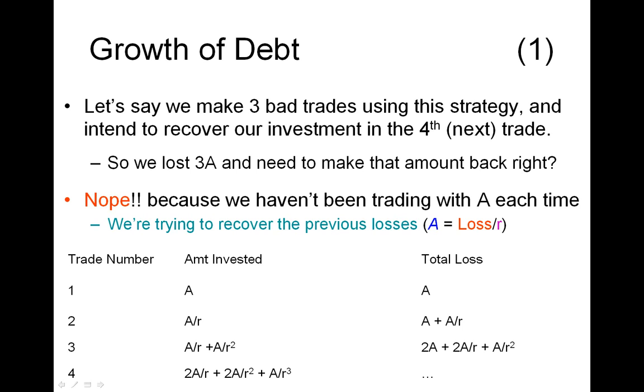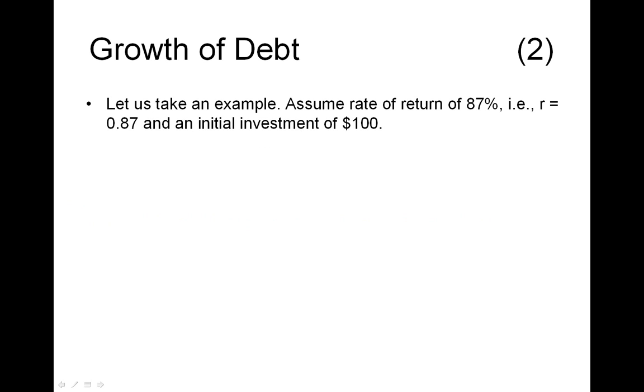We don't need to delve too deep into the algebra, and we're not going to try and establish a function for what this should be right now, because that's not relevant right now. Suffice it to say that each time we're wrong, our debt is increasing, and it's not increasing linearly, and you'll see that in just a minute. So let's move away from this algebra and look at some numbers, because I think that's the best way to understand the significance of this.